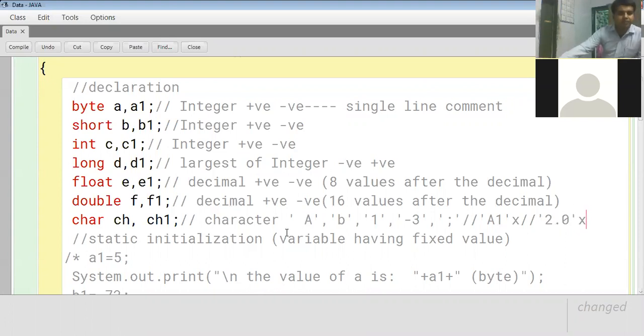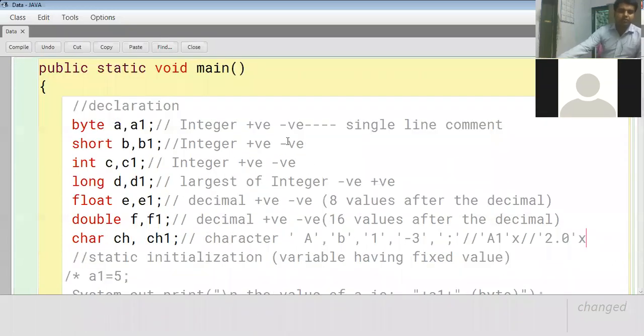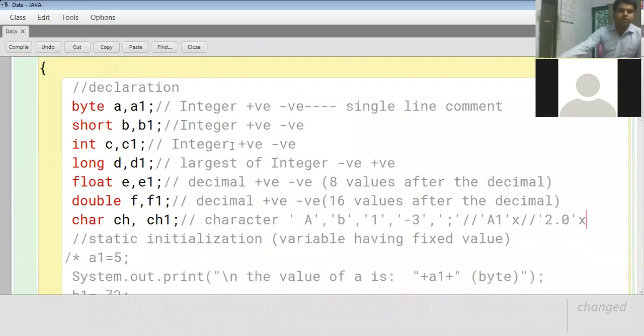This is the disadvantage of the character. We are dealing with only one character at a time in the single quotation. Multiple characters, like 2 or 3 or more than one, cannot be taken in the single quotation. This is the disadvantage of the character type value. So you have to remember, in the study material which I have given, you have to understand the range of the value for each and every data type: the starting range and the final range of the value that a data type can hold.